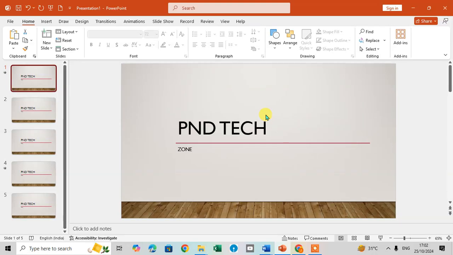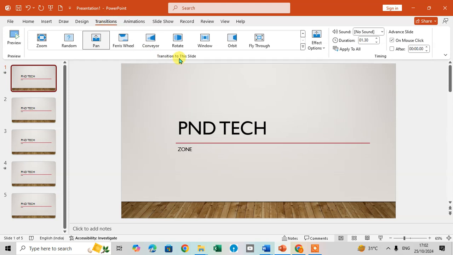In this video, we will explore how to use transitions in Microsoft PowerPoint. So let's get started. Open your Microsoft PowerPoint, and here I'm going to apply the transition on the slides. So I select the first slide, then go to the Transitions tab, and here you can see the transitions